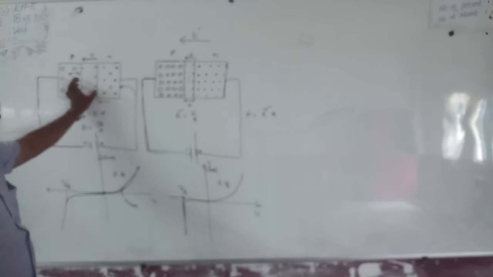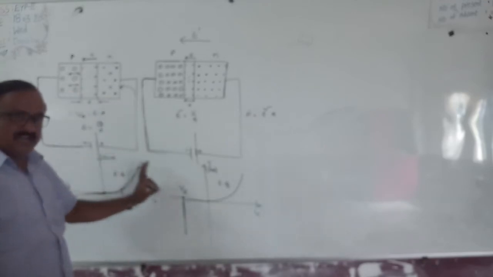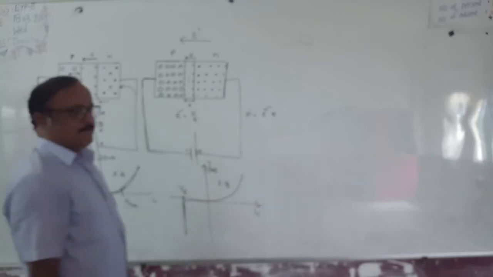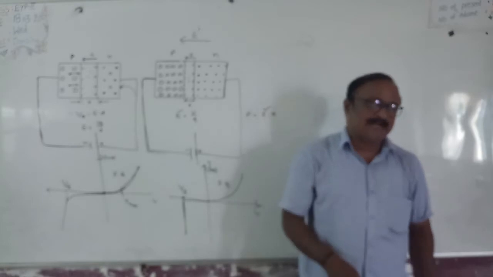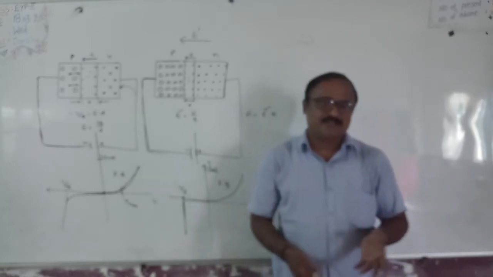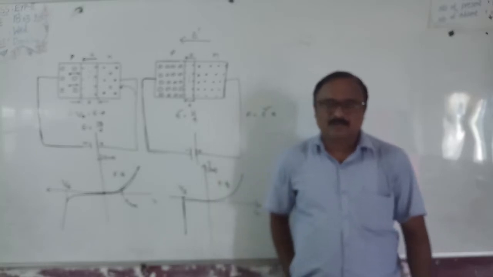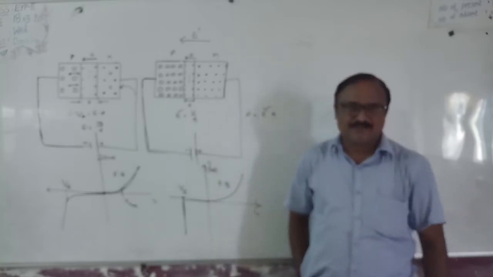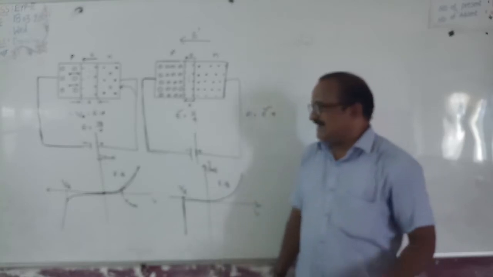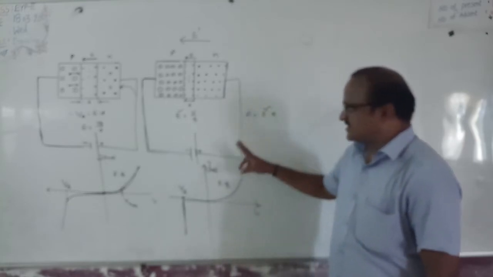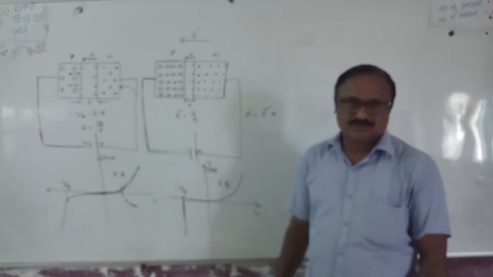But in case of avalanche breakdown, it is possible. So that is the difference between Zener and avalanche breakdown. Keep it in your mind, my dear students. Avalanche breakdown can take place only in case of ordinary PN junction diodes. Zener breakdown is possible in case of heavily doped PN junction materials. Right? Okay. Now I will explain how this Zener diode acts as the voltage regulator in electrical circuits.